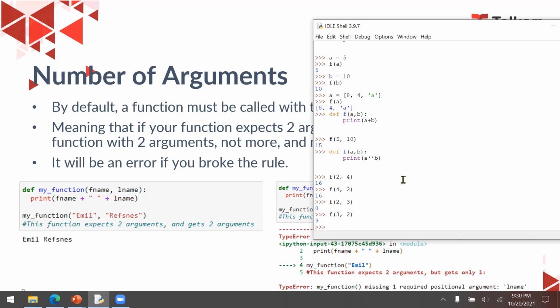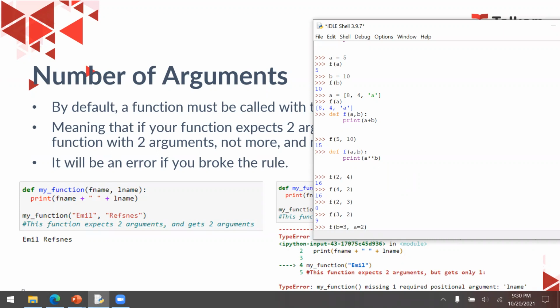Okay. Now, how about if I don't remember the sequence? Because in this case, the sequence of the parameters is very crucial, because 2 power of 3 is not the same as 3 power of 2. So I can just use something like this, f, and then b equal to 3, and then a equal to 2.